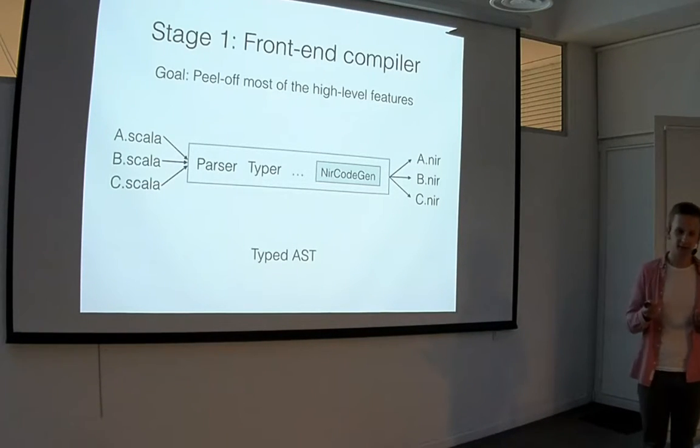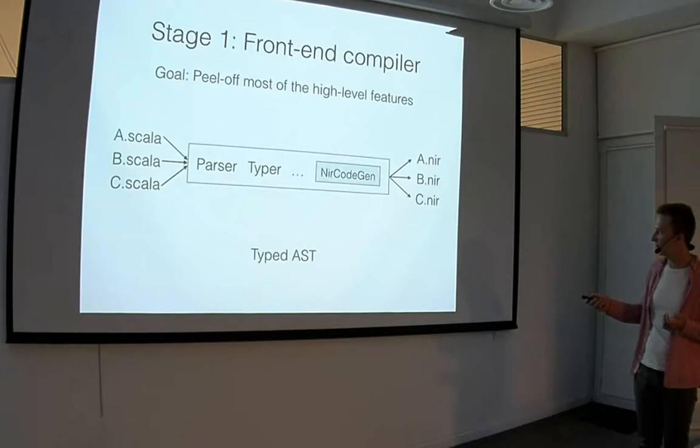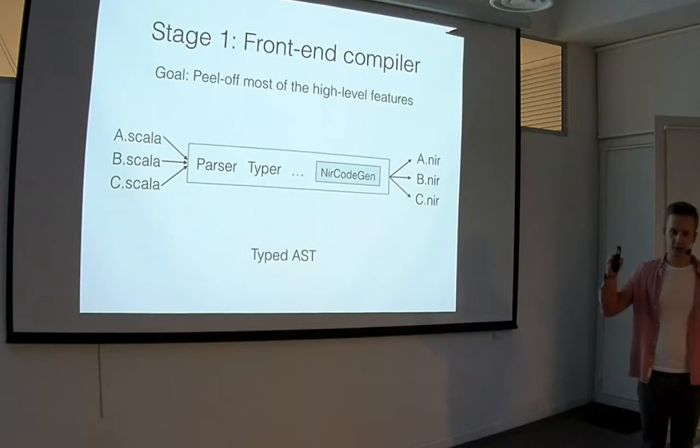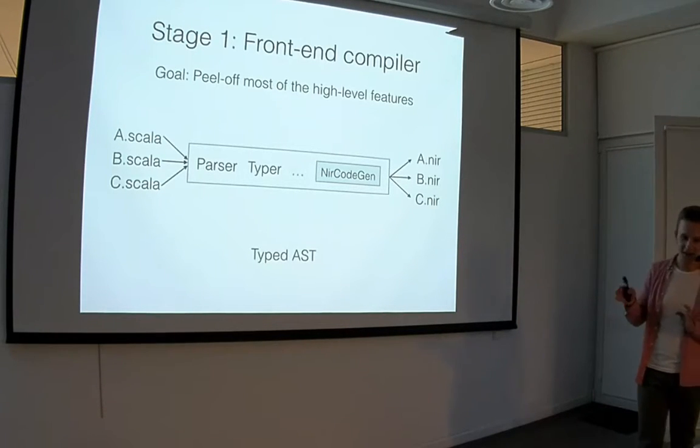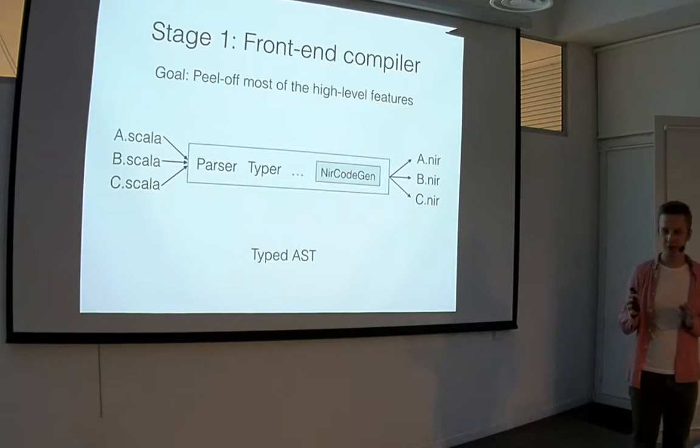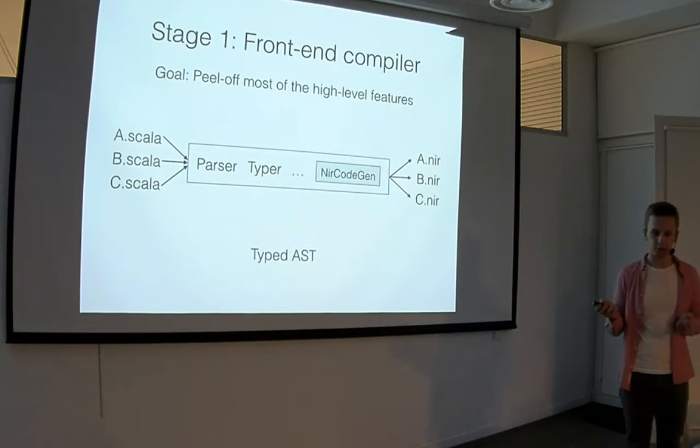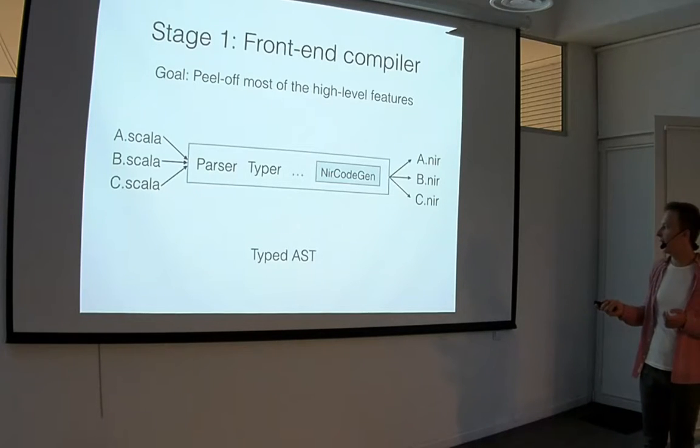But essentially, it's somewhere after typer, not too much after, just a bit after typer. You take all of this nice structured representation of your code with types, and you dump it into files. So you have a very, very high level bytecode, or a very, very low level tree representation. It depends on how you look at it. Then you take this typed AST, iterate over it, and then you produce whatever class file representation it is for a platform.